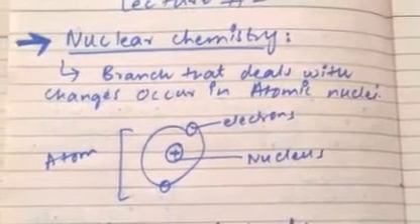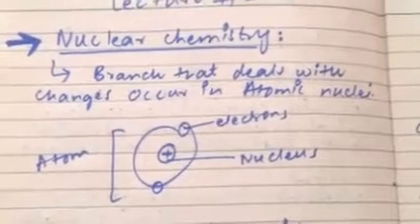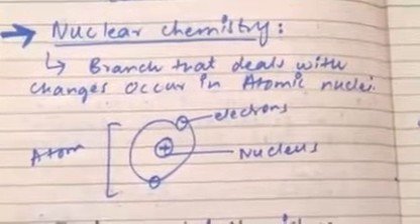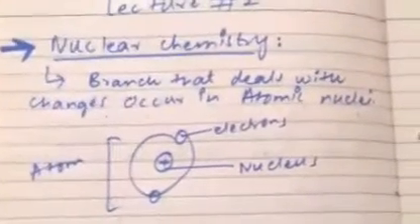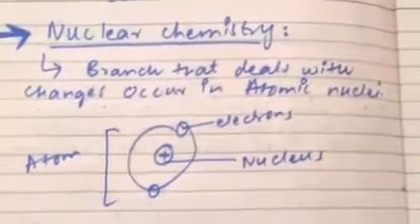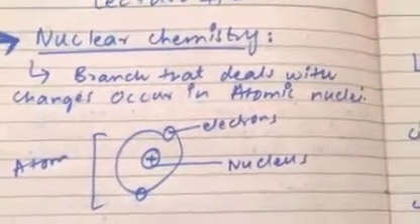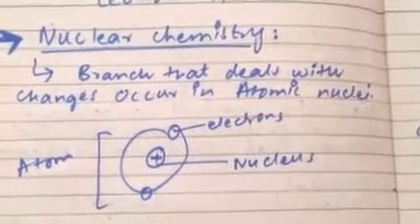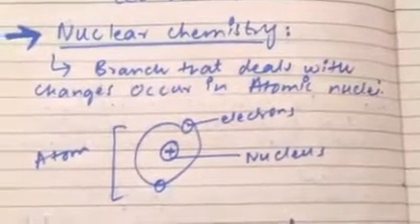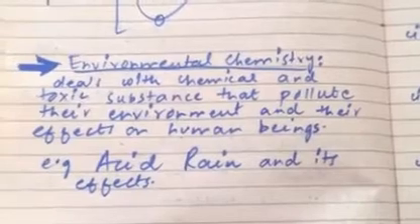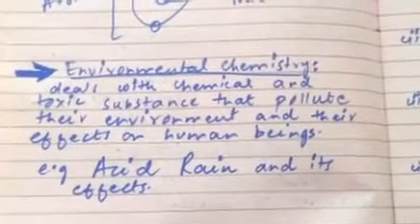So in nuclear chemistry we deal with all the changes that occur in the nucleus: what is the size and volume of the nucleus, and what is its behavior toward electrons and other subatomic particles. So simply we can say that the branch that deals with the changes that occur in atomic nuclei is known as nuclear chemistry. The next one is environmental chemistry, in which we deal with the chemical and toxic substances that